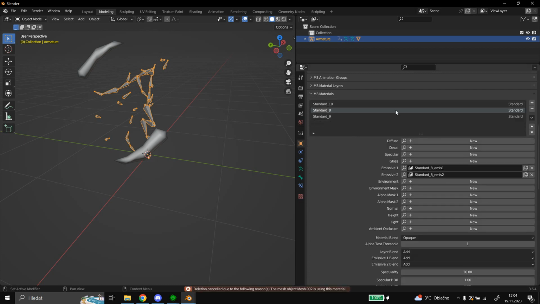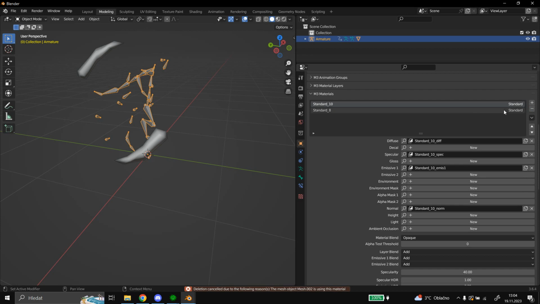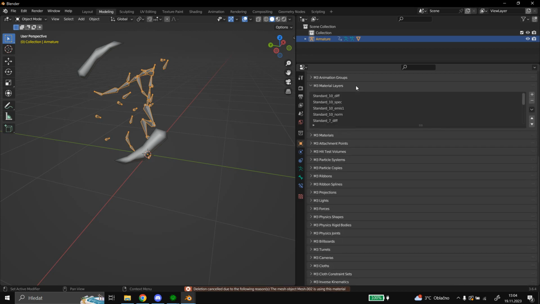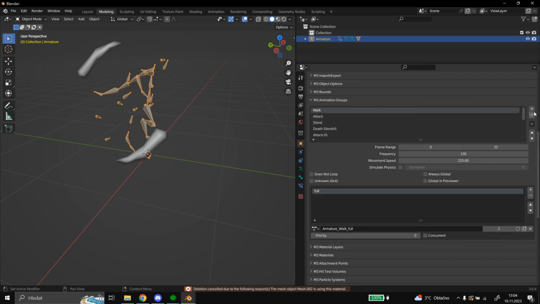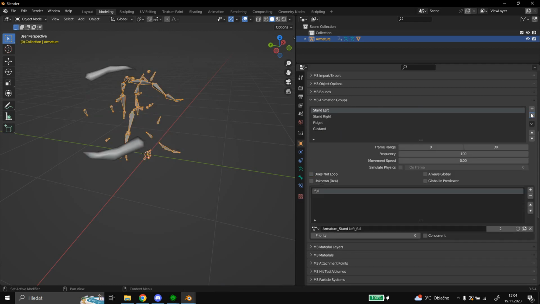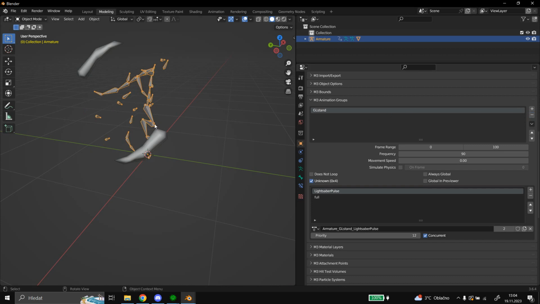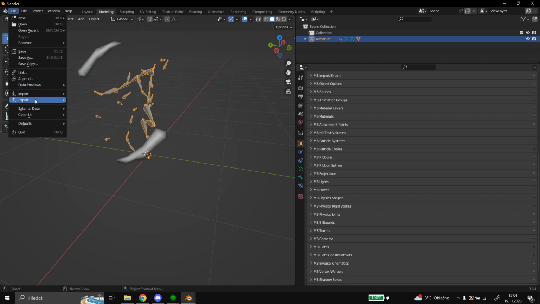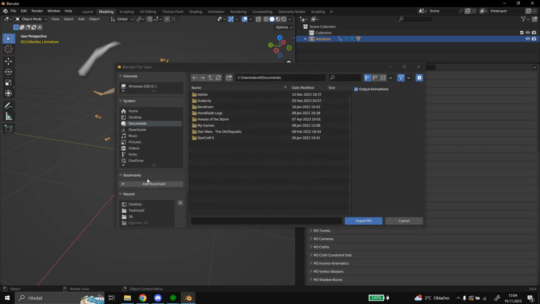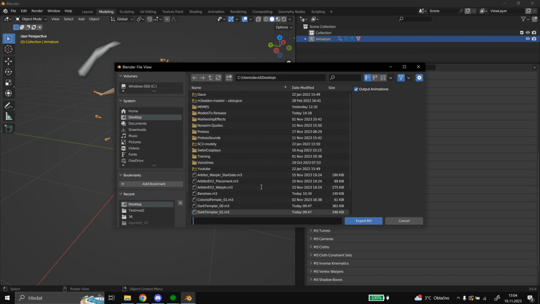I can also delete all the materials that I don't want to keep. Material layers I can keep here. I want to keep just the GL stand. That will be always the case for the animated, or most of the time it will be the case for the animated textures. So I will keep that, and now export it. I will save it as blades,